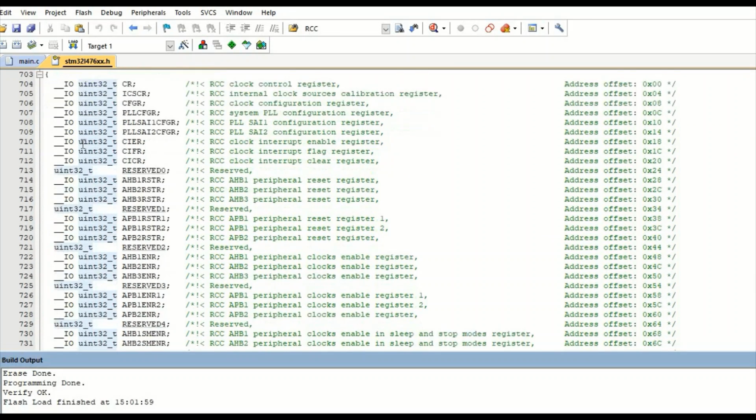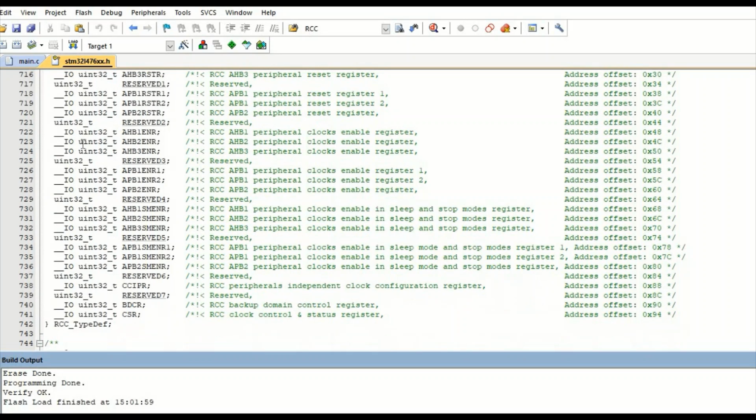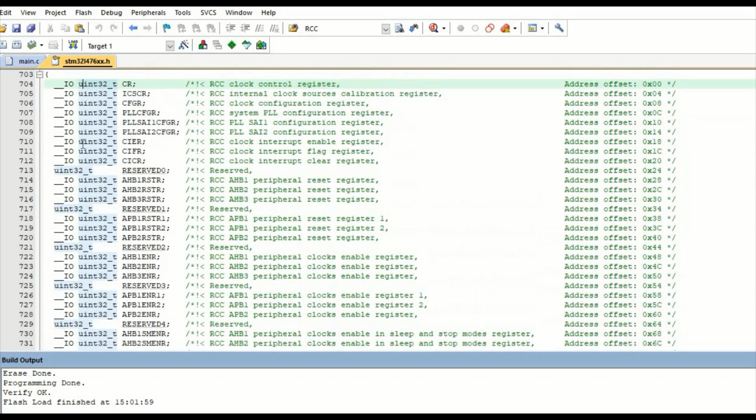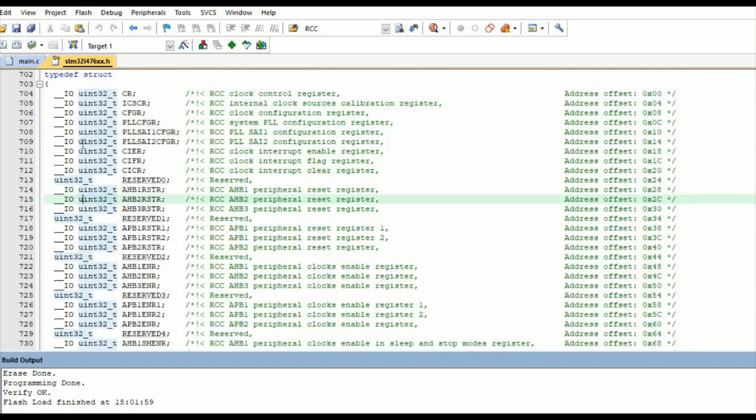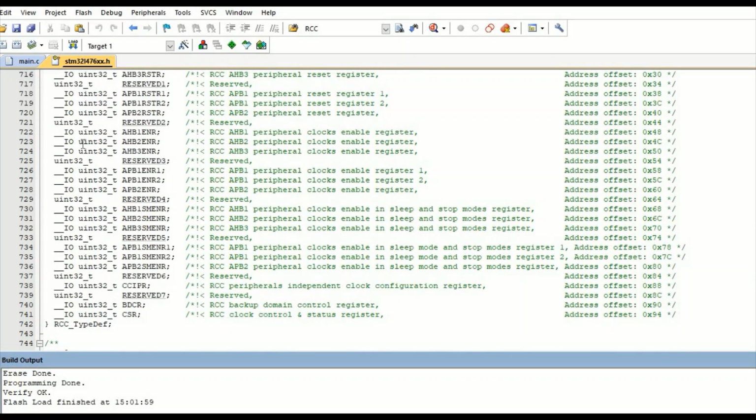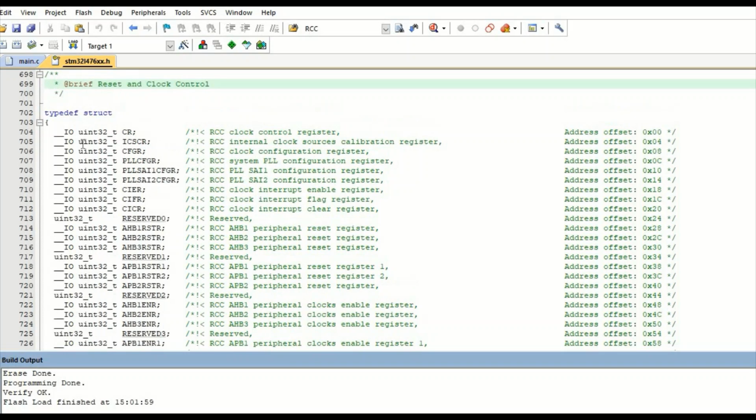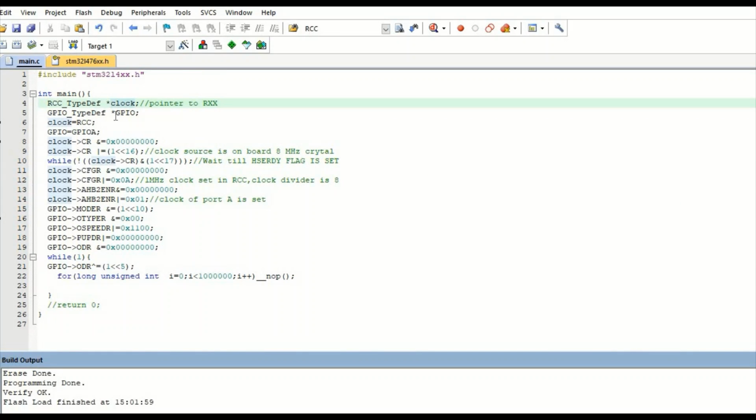This structure contains the registers of the RCC. All the RCC registers, reset and control registers, are here. So the registers we will be using will be CR, CFGR, AHB2ENR.